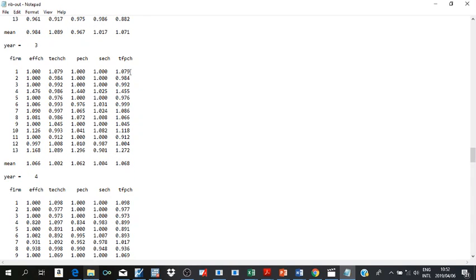So in year 3, the first bank grew by 7.9%. This one experienced a productivity decline, the same. This one grew by 45.5%. This one declined. Total factor productivity declined as well. So you can summarize it as, okay, we have this number 1, 2, 3, 4, 5, 6, 7. So when you're summarizing, 7 banks in year 3 experienced positive total